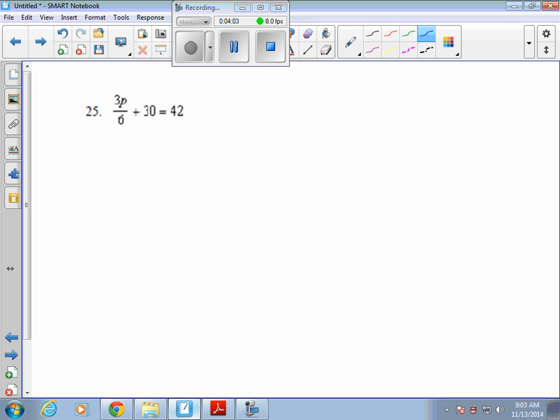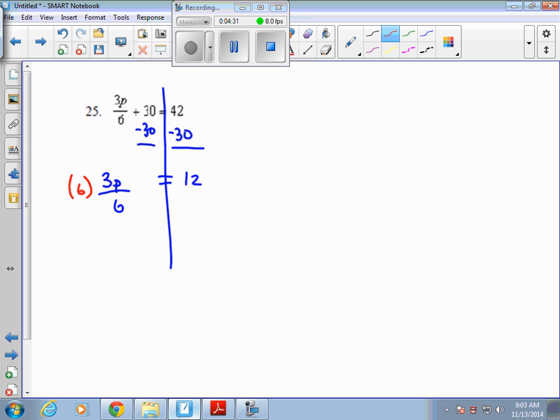Number 25. 3 steps on this one. 3p over 6 plus 30 equals 42, or 3p divided by 6. Undo plus 30 first. In order to undo plus 30, subtract it. If you do it there, do it here. 42 minus 30 is going to be the number 12. So now you have 3p over 6 is equal to 12. Over 6 is the same thing as divided by 6. So cancel out divide by 6 by multiplying by 6. If you multiply the left by 6, do the same on the right. This will cancel out and leave you simply with 3 times p is equal to 12 times 6, which is